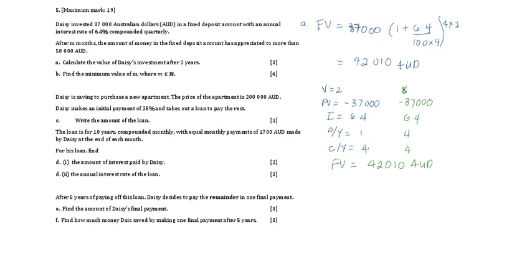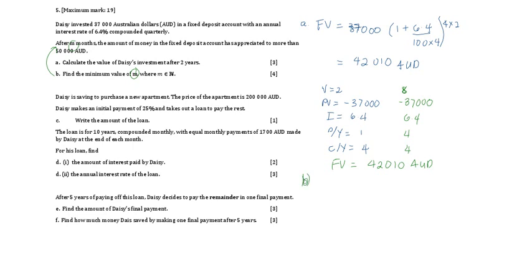Find the minimum value of m where m is a natural number. So we're looking for m, which is the number of months. Okay, where shall we get our m? We must consider this statement: after m months, the amount of money in the fixed deposit account has appreciated to more than 50,000. So for letter B,